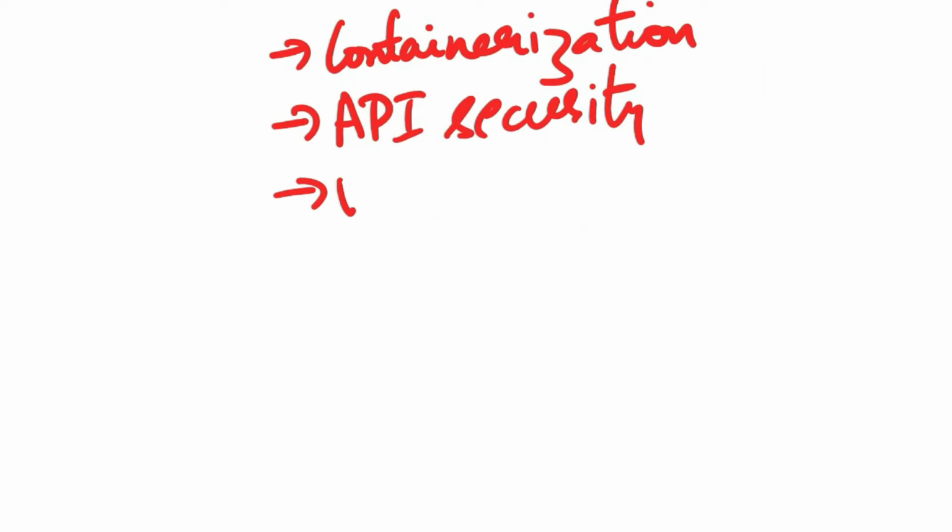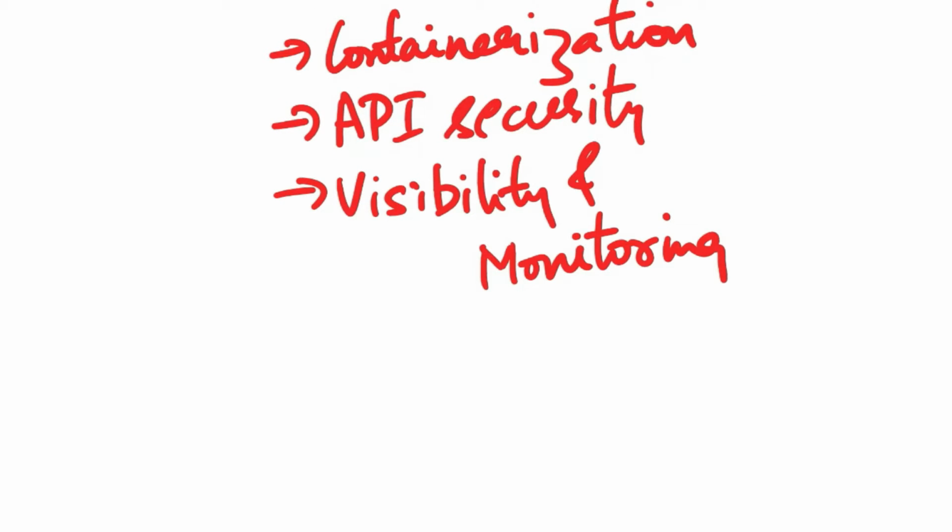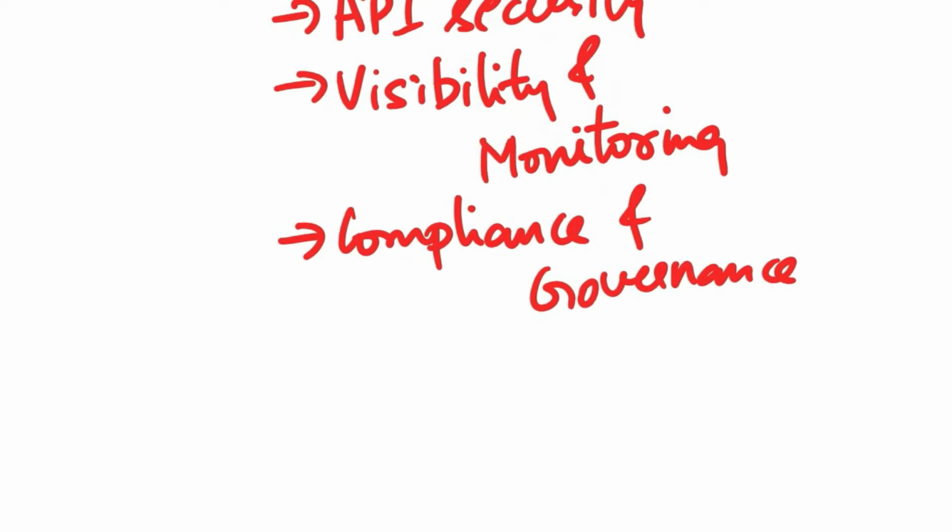Next, visibility and monitoring. Effective vulnerability management in cloud environments requires enhanced visibility and monitoring tools to track changes, assess vulnerabilities, and respond to incidents in real time. Next, compliance and governance. Many industries have specific compliance requirements that organizations must meet. Cloud computing and virtualization can affect compliance considerations, making it important to adapt vulnerability management practices to ensure compliance in